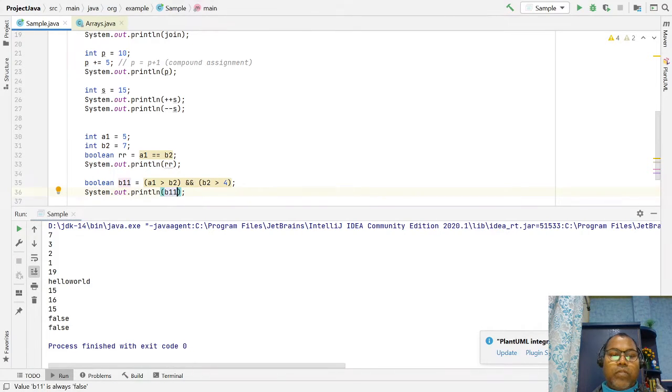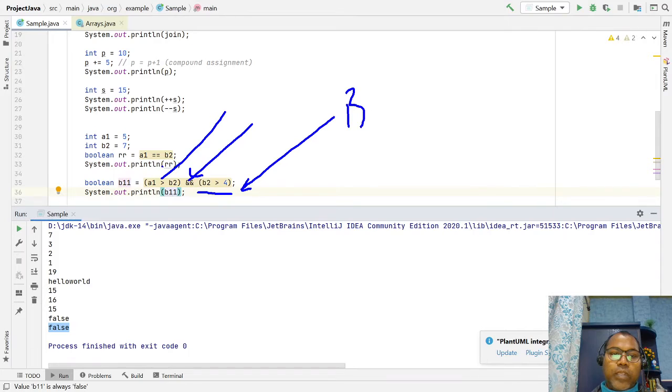Okay, you are getting false. So, this is the short circuit conditional operator. Ensure that the left operand expression returns a boolean, and the right operand expression also returns a boolean. The short circuit operator only applies to a boolean left side and right side operand. Both should be boolean. If any is non-boolean, you cannot apply this short circuit operator.